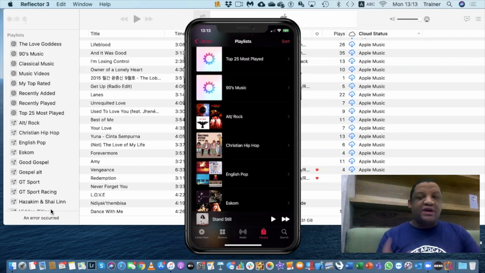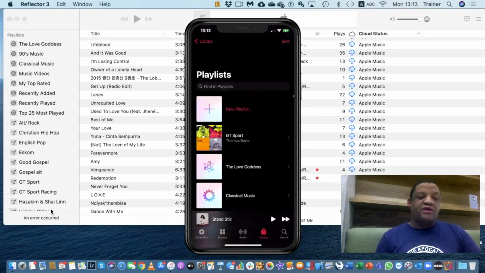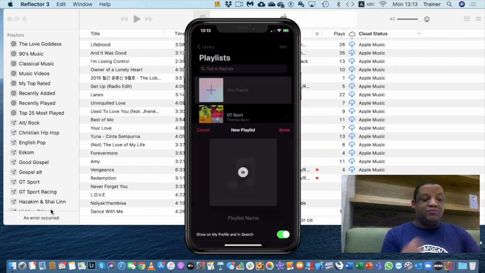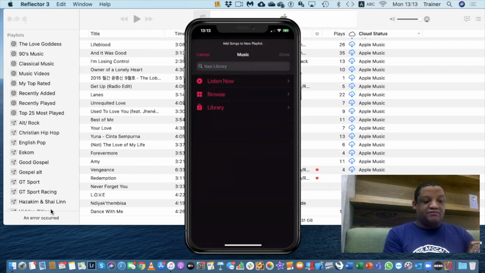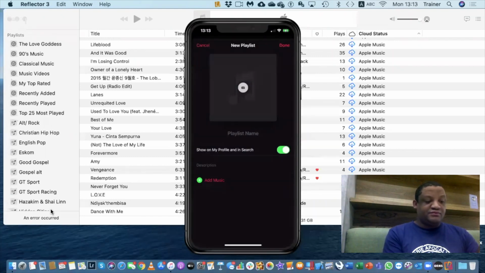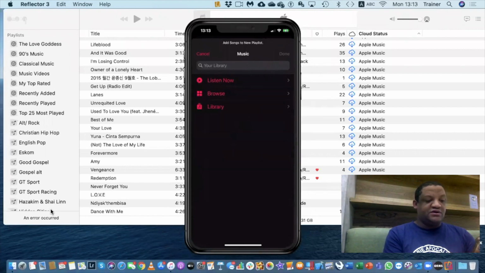So if you make a playlist anywhere, then it will come through to your Mac or vice versa to your devices, right? So if I'm now on my music and I add in a new playlist, let me add a couple of songs.